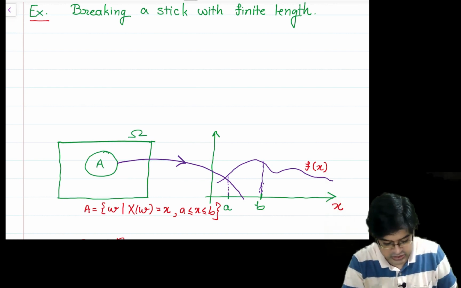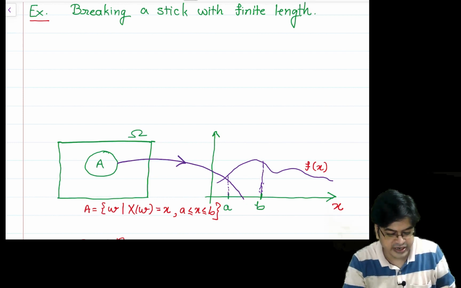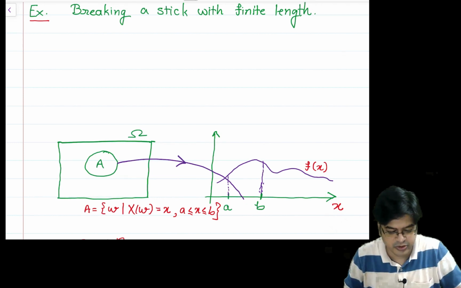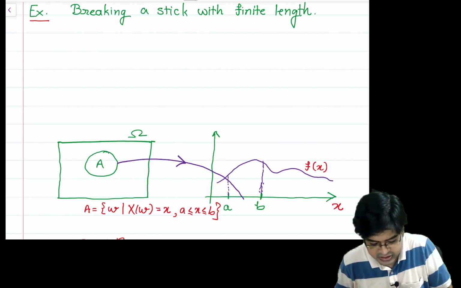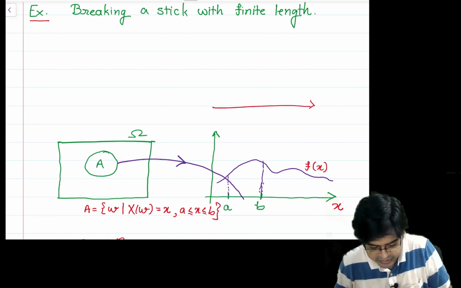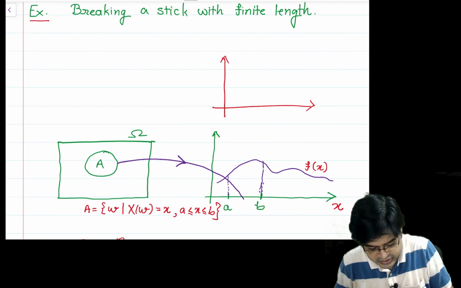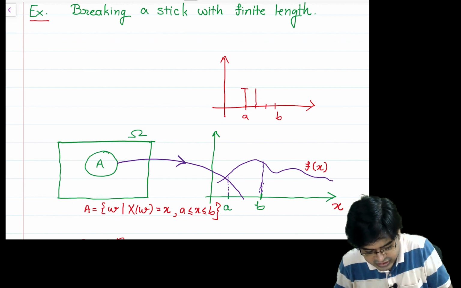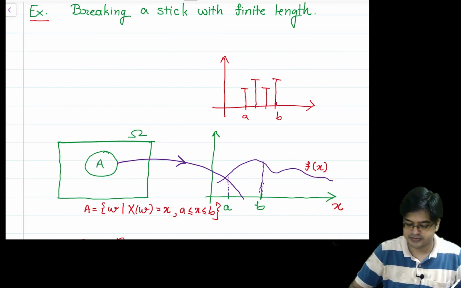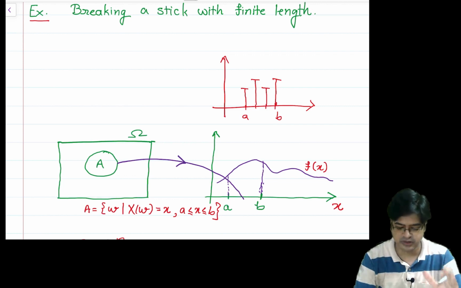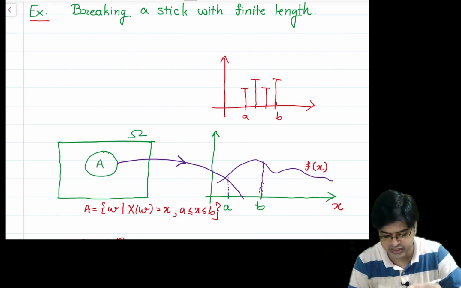Now, had it been a discrete random variable, our probabilities would have been very clear. What we would have done is plot this; then in this interval there would be some finite number of points between a and b, and we would have given a probability mass function associated with these points, and then calculated the probabilities. This is our standard procedure, modus operandi, when we were dealing with discrete random variables.